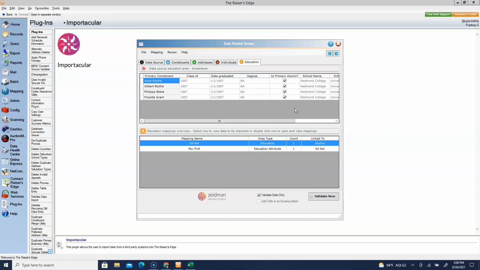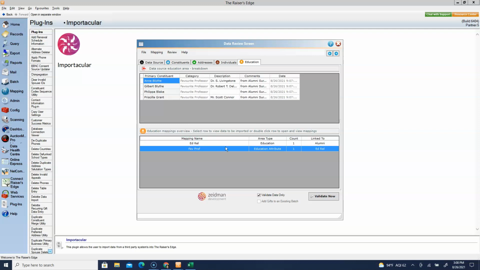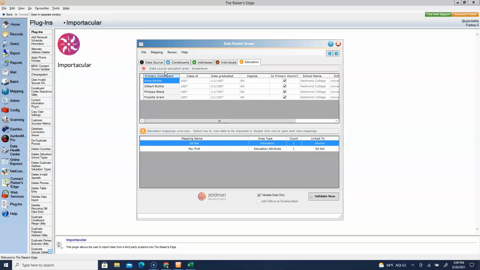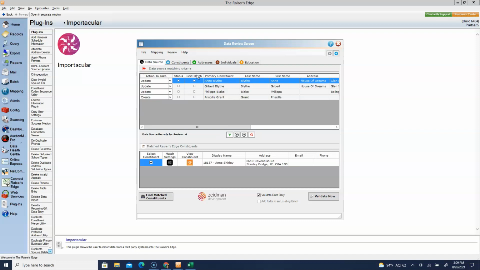which is their degree. We've marked these as their primary alumni. We've filled in their school type, status, and we've even added that favorite professor information. So we have a lot of information there. Now, when we come back to our main tab for data source, you can see that we have some combinations